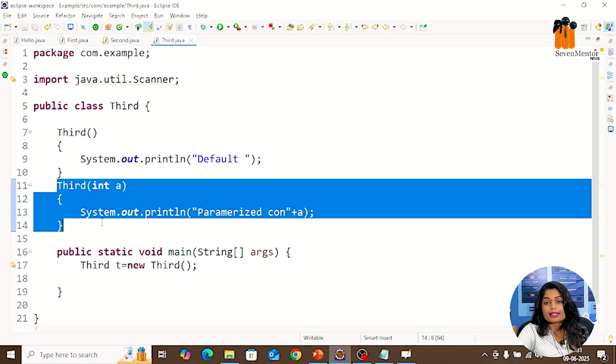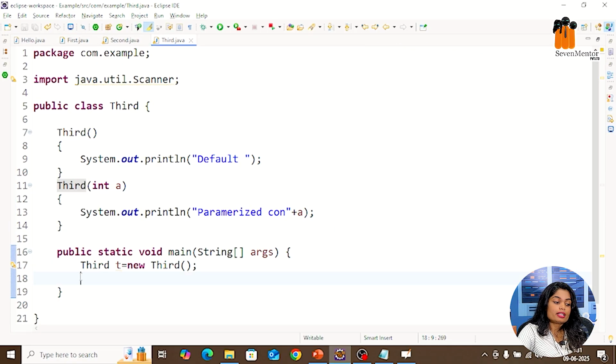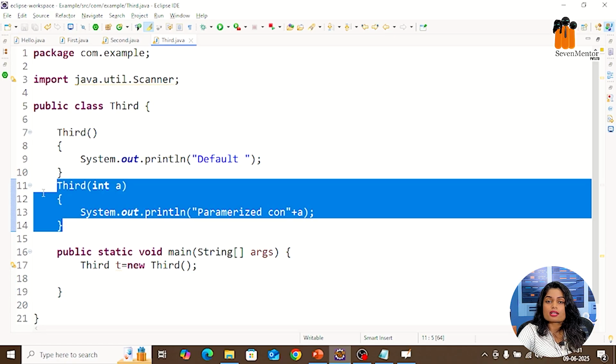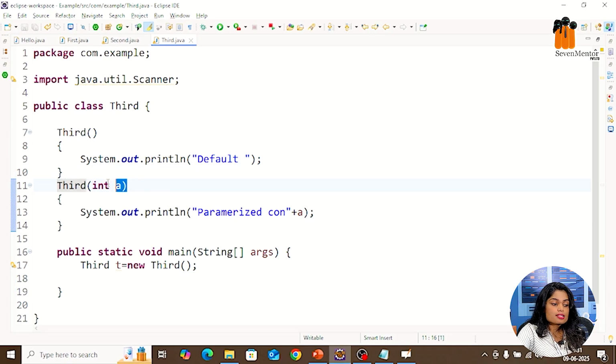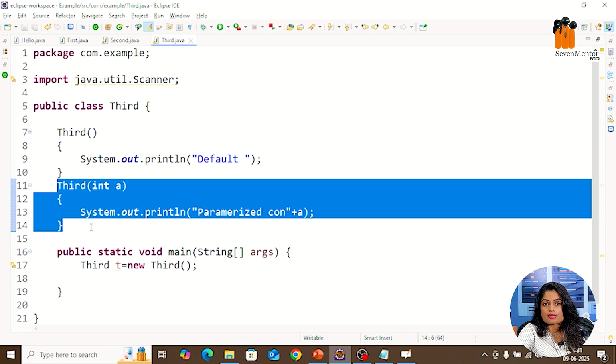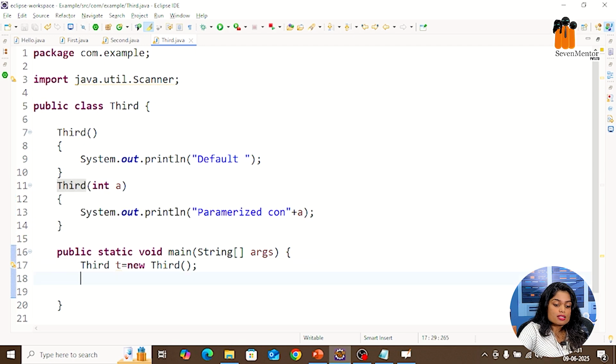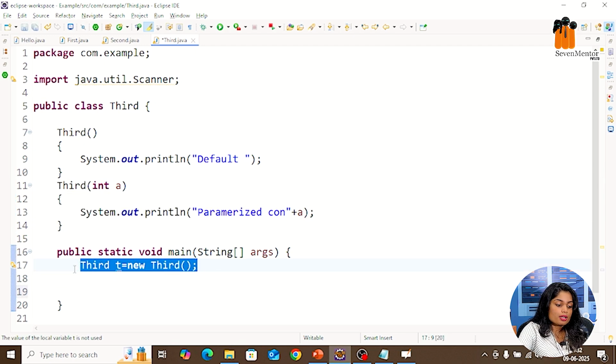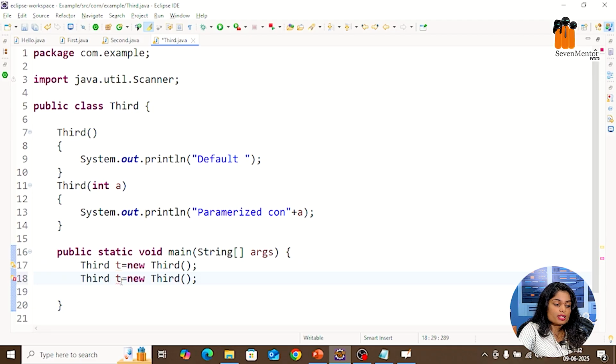As I previously said, the constructor is called automatically. We created the object, but why is this constructor not called? Because this constructor has some parameters, and while creating the object on your right hand side, it does not pass any parameter. Because of that, our default constructor is executed and our parameterized constructor has not been executed. So we need to create an object one more time. So this is the object. Instead of t, I am using t1 and passing some values.